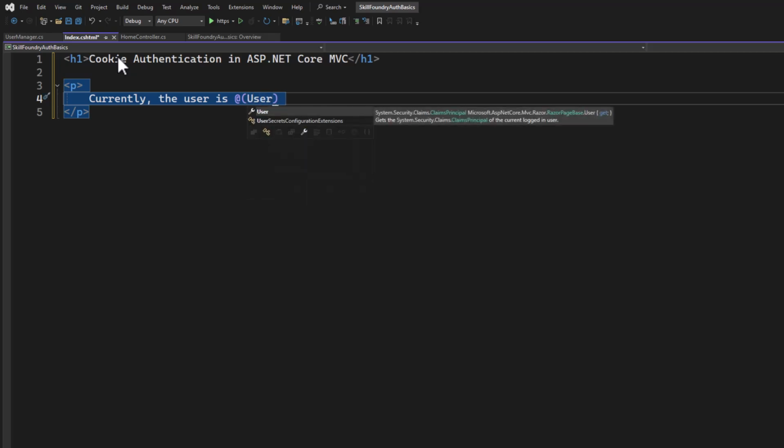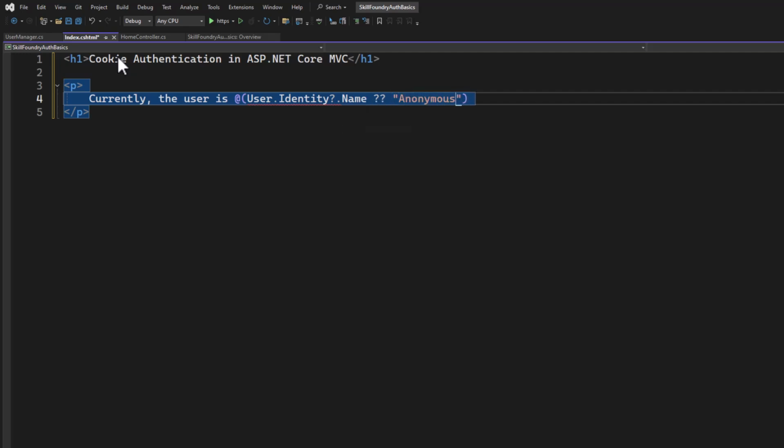Now the user property, like I said, is available in all controllers and all views. And when we put the dot, the next one we want to look at is identity. And you can see that identity is nullable. So if we have not logged in a user, if we have not assigned an identity, this will be null. So when we're using it, we need to be careful that we don't get null reference exceptions. So I'm going to use the null operators to handle this situation. So I'm going to say user.Identity?.Name